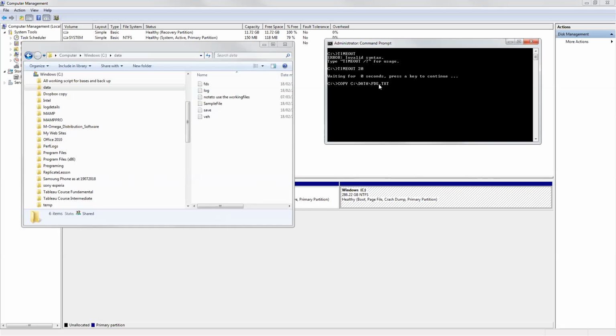But if I say star.txt, it means all the text files. Is that okay? So I can say log.txt now. I want to only copy log.txt. Now look at what I'm doing. I did this, copy this to see